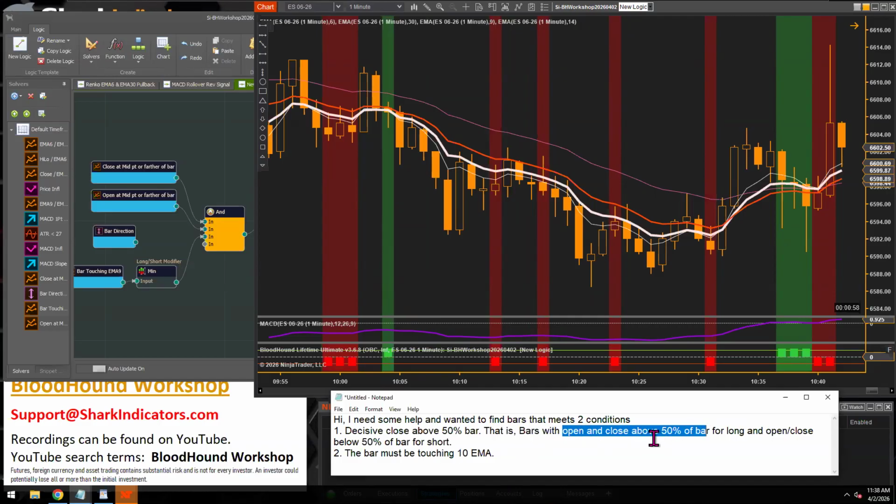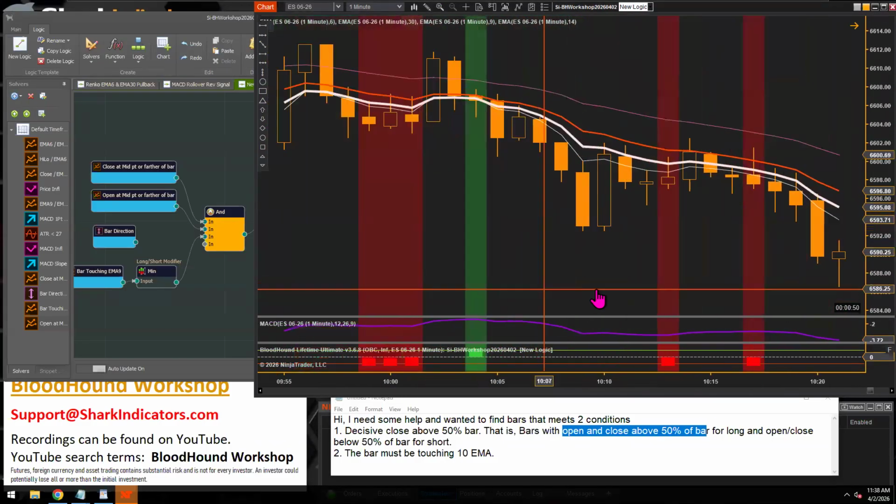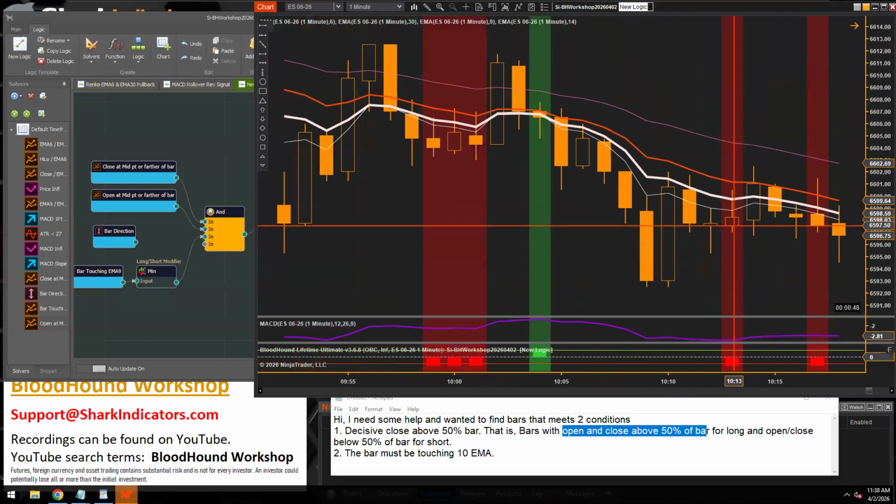So if the open and the close are on the bottom half, we can see right here, if the body's on the bottom half, then we get a short. If the body is on the top half, we get a long. So if this is non-directional,